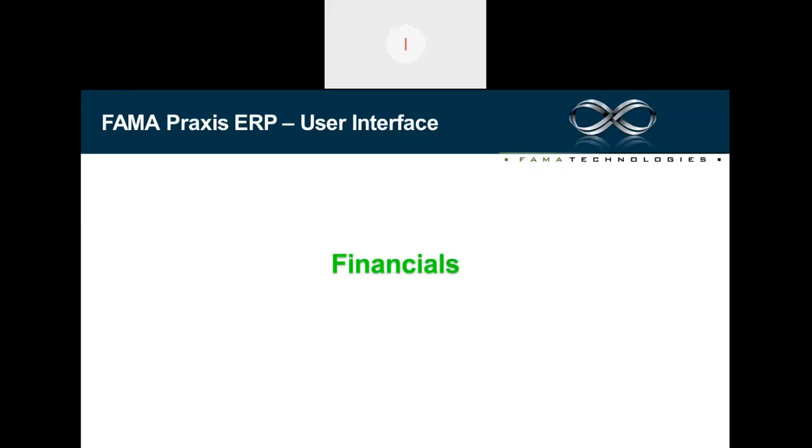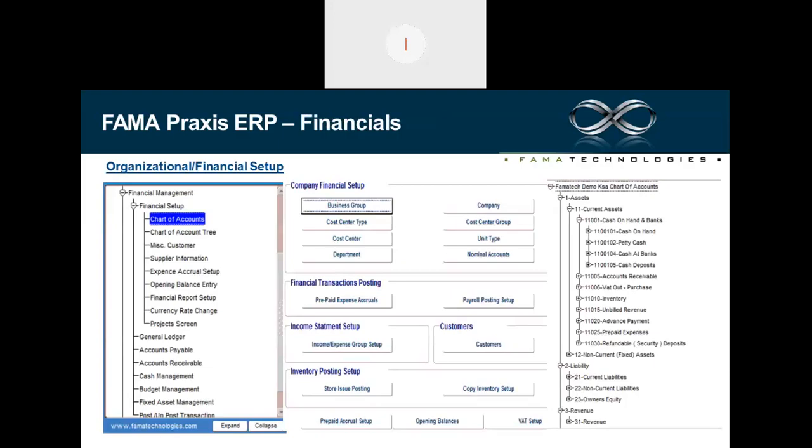I discussed only a few important options, which are features important for any payroll or HR module. So I will now be shifting to the Praxis financial modules. In financials,